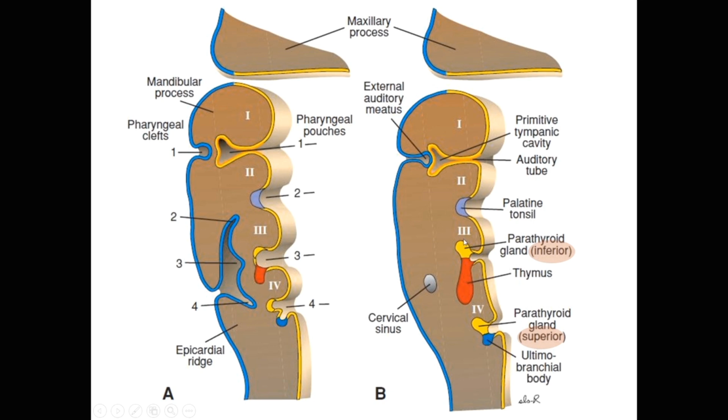Now these top yellow ones of the third and fourth are going to make your parathyroid. The fourth actually makes the superior, and the third makes the inferior portion of your parathyroid gland, because they flip and spin upside down. Next is your ultimobranchial body, which are little tiny cells inside of your thyroid gland that comes down. And then up around in between here, so pretend we can spin this around and flip it,